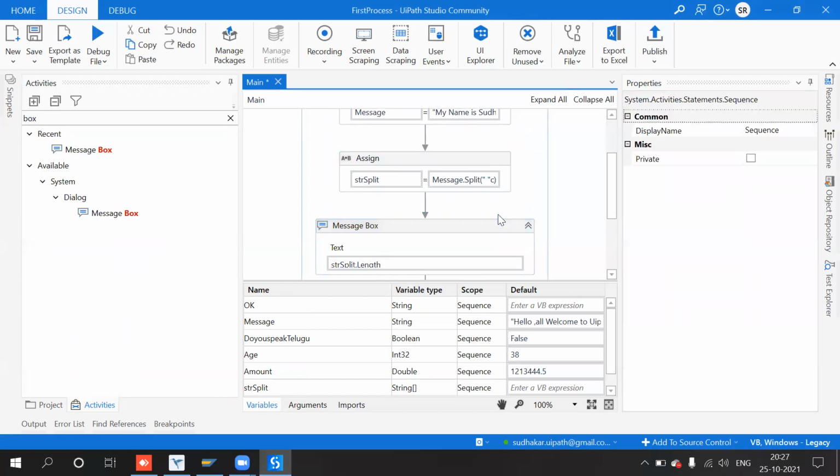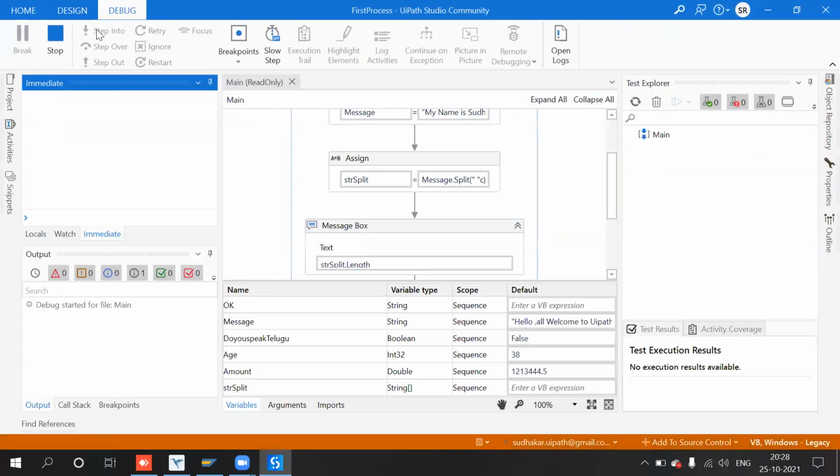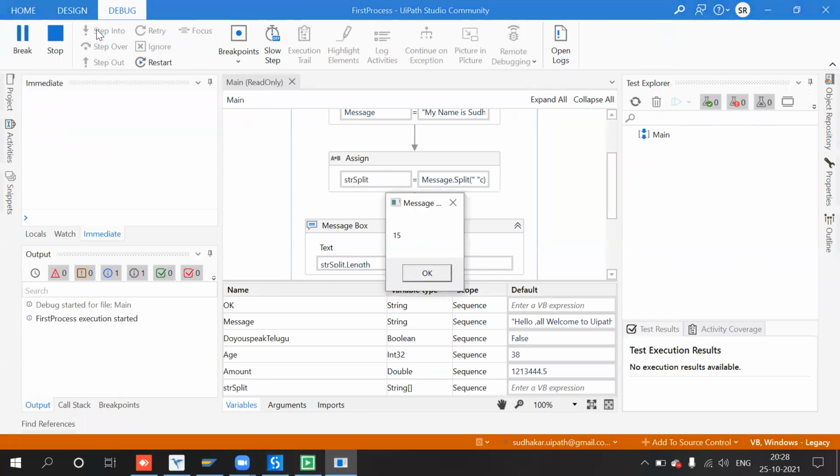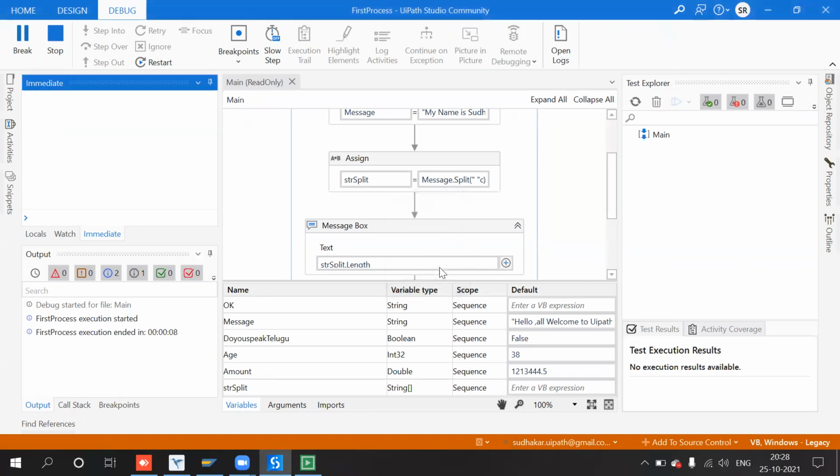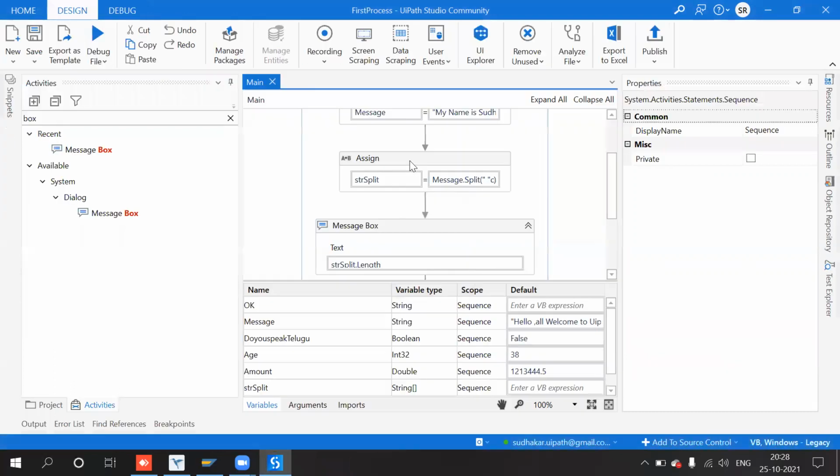Then we will get to know how many words it has been split into using space. It is only 15 different words. So how do you traverse each and every word available in the str split variable?